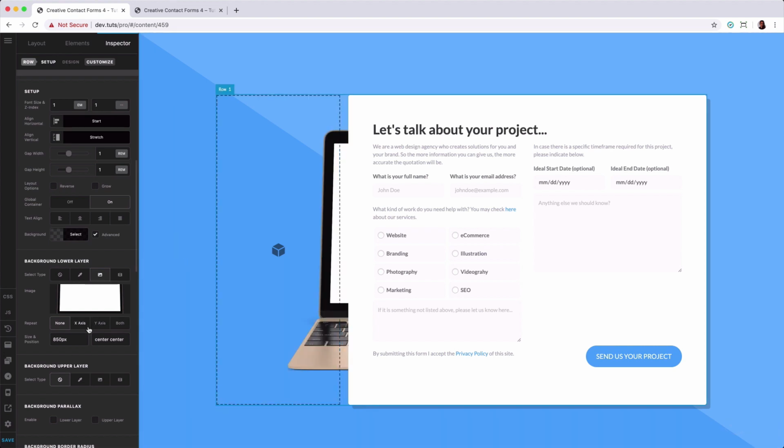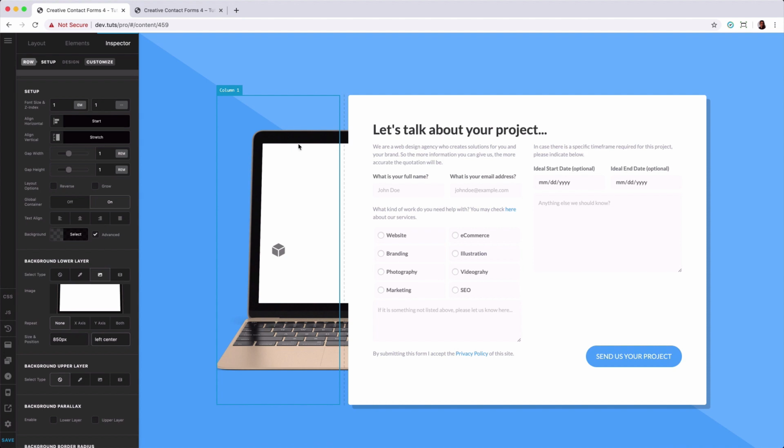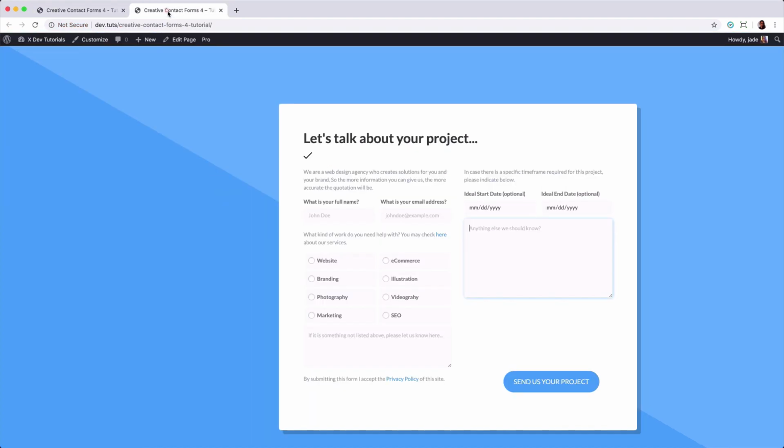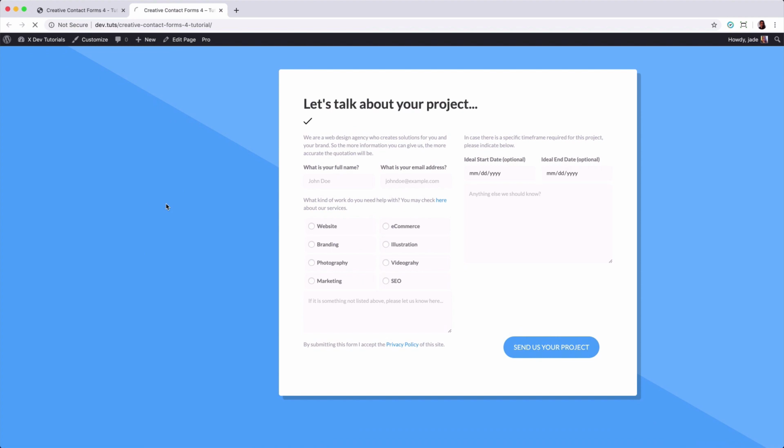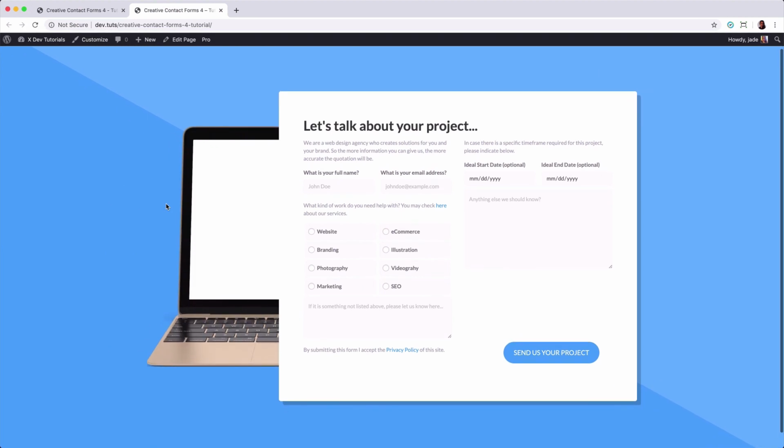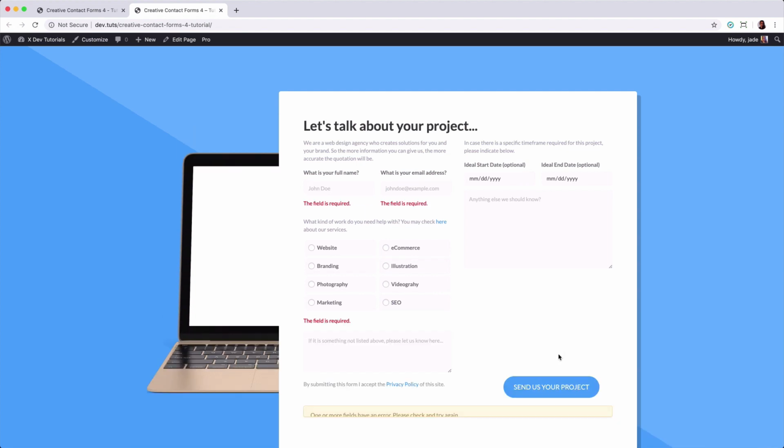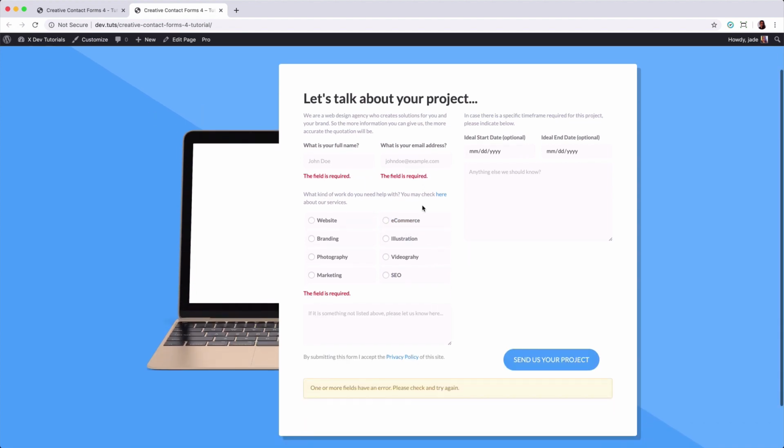Then now you can see the image here, but let's set the first value to the left, then center, so that it will start from the left. And let's save it, and let's refresh our page here. And there we have it. We now have our image and our validation styling and our